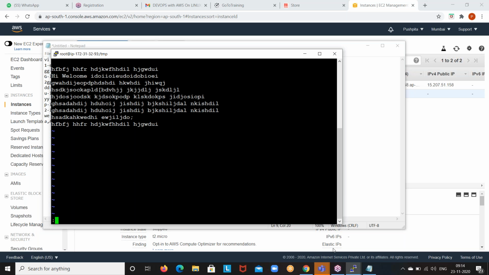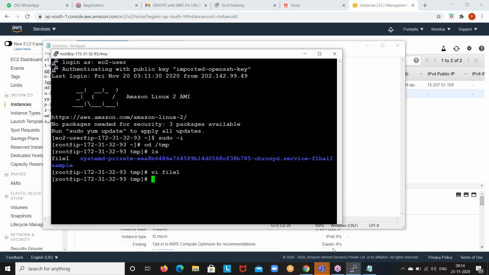WQ exclamation mark to save and quit the file. W means write, Q means quit, and the exclamation mark means forceful. So enter. See guys, now I am out of the file.